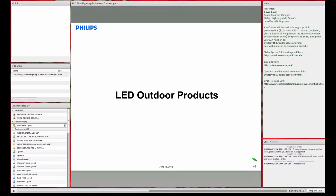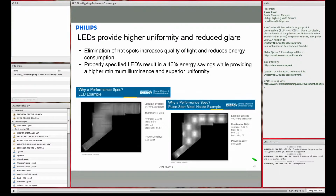And as we move forward and get to the last part of our presentation today, I want to talk a little about LED outdoor products and controls, which again I think is very important. One of the things to look at with LED luminaires is the way in which they provide a lot higher uniformity and reduce the glare. I encourage you to look a lot at the U.S. Department of Energy's Municipal Solid State Lighting Consortium website, and also the Energy Efficiency and Renewable Energy websites from the U.S. Department of Energy. They have a lot of great case studies, gateway programs, and a lot of work that they have done to really validate and verify the